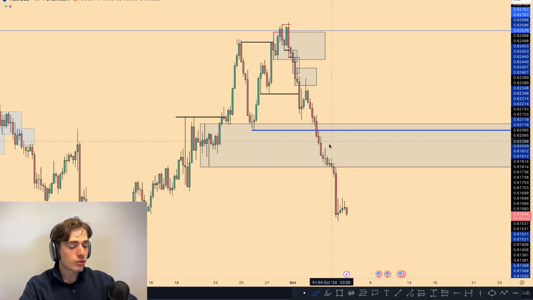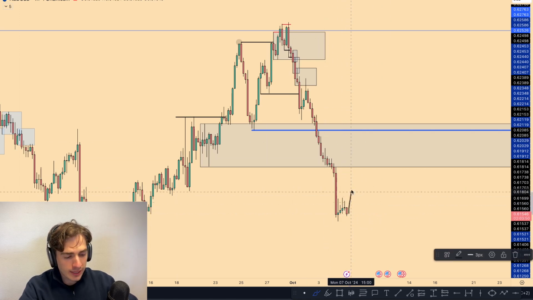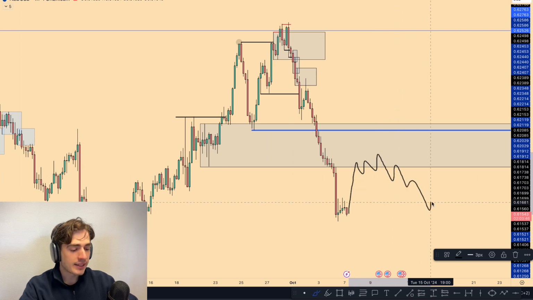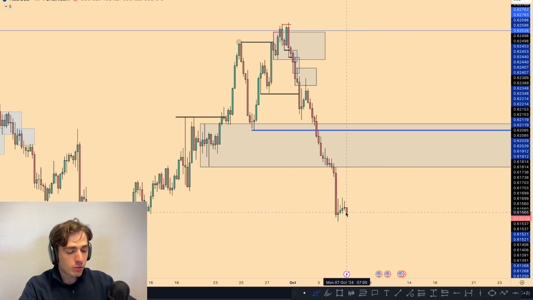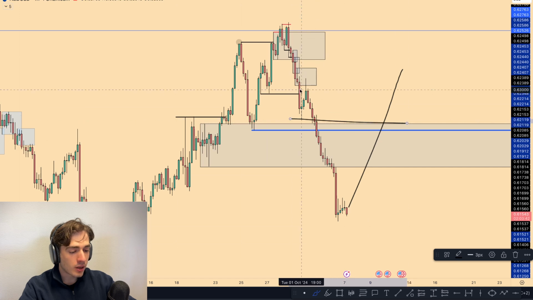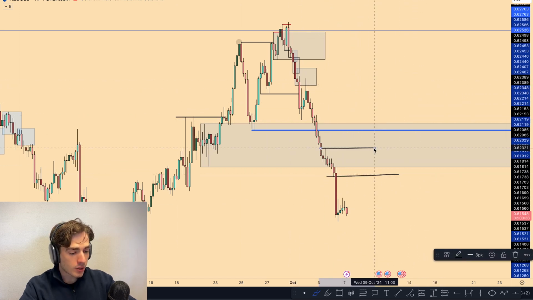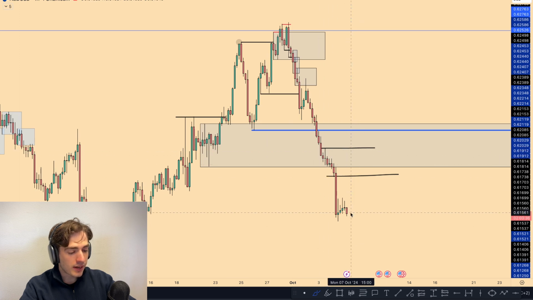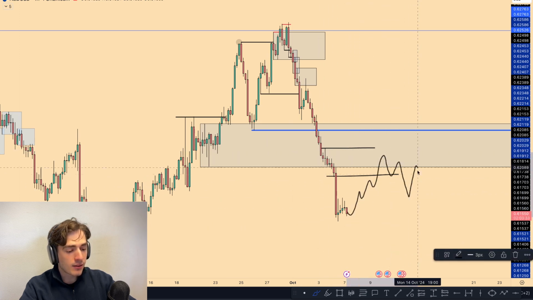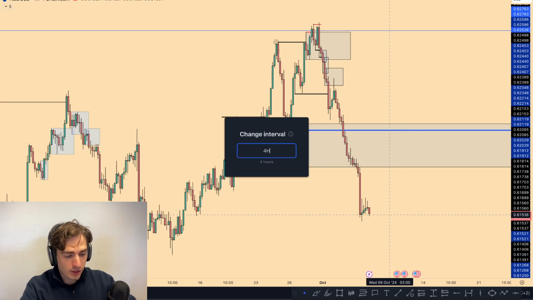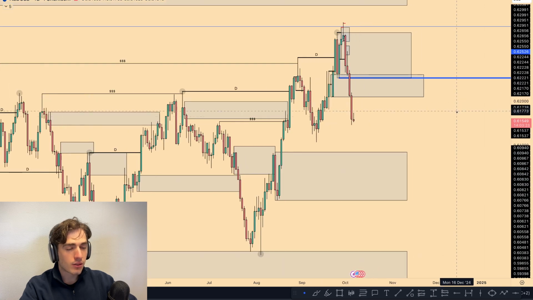We need some more structure to develop. Again, it would be a little bit higher probability if we see some form of a pullback and then again momentum kick in. It doesn't need to be a pullback all the way in towards this supply zone because that is just the perfect scenario. No, what I would be happy with is, for example, already in towards these imbalance candles over here, pullback, and then again 4-hour momentum to kick in or 1-hour momentum to kick in to look for those potential shorts. If it already goes, it will already go, but I'm interested in shorts just from a little bit of a higher level at the moment.